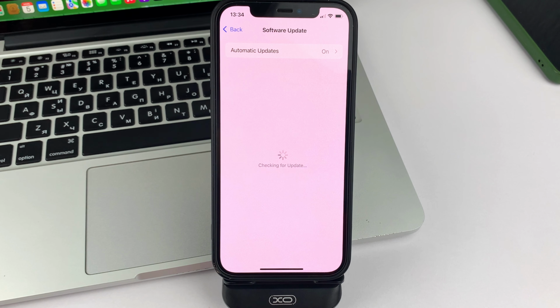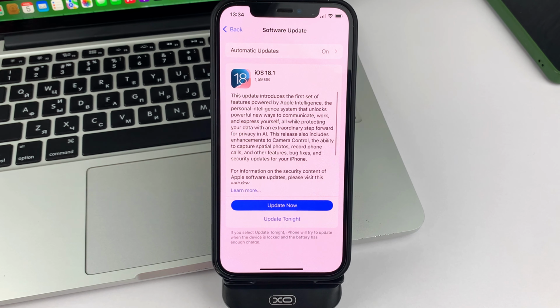When you go here, you'll see what version you have installed. And if you have a version other than iOS 18, then I recommend that you click here to update your iPhone to iOS 18.